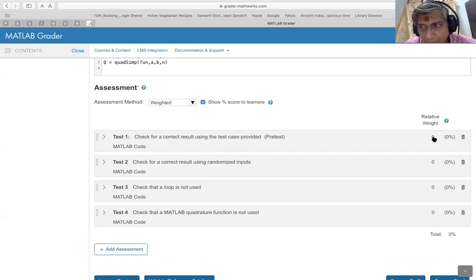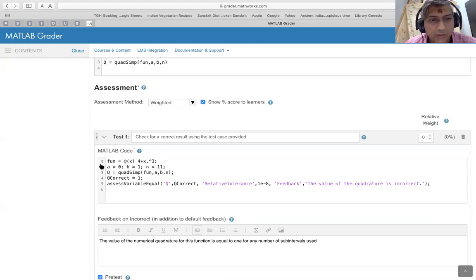So for example, here there is a pre-test. Let me focus on the first question here, which is going to assess the user's answer for a correct result for a test case that is being provided. Let me click on this button here, which will show you the test case.